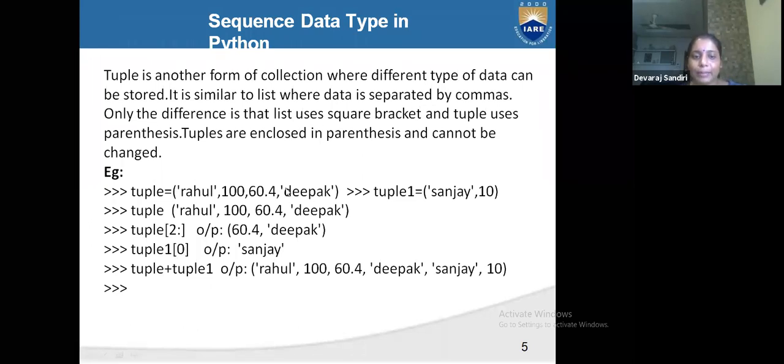So in tuples, you can write any type: your string, your integer, your float, and another string. Tuple of 2 means the output is 60.4, that is 0, 1, 2. Now we'll start our doubt class. Up to tuple it is completed.